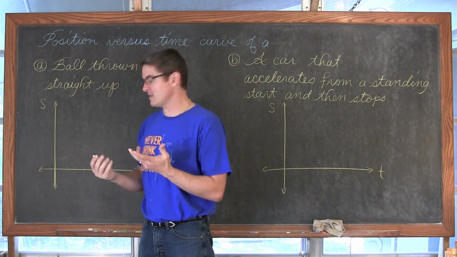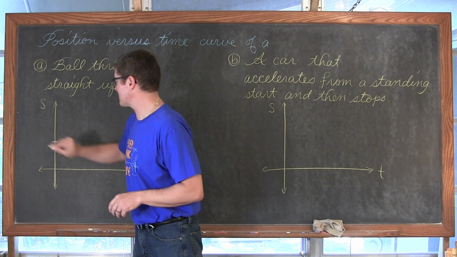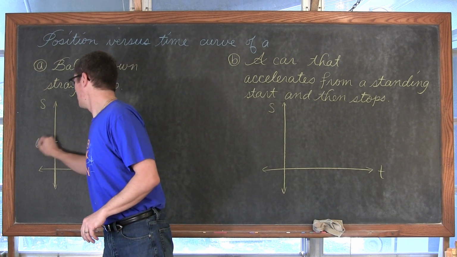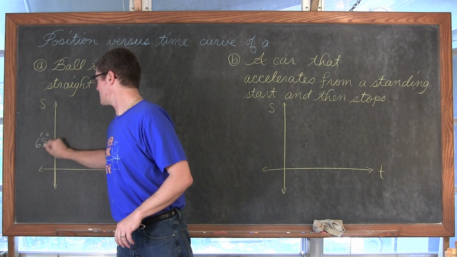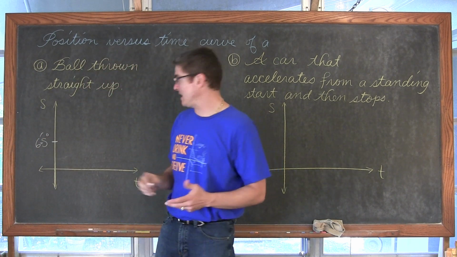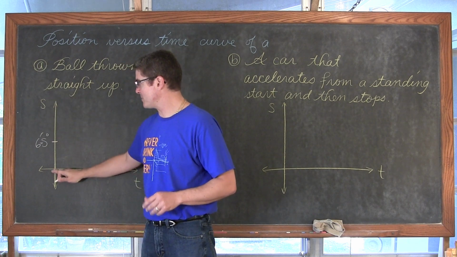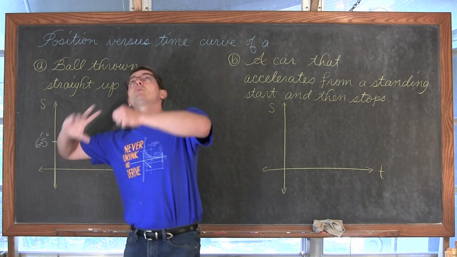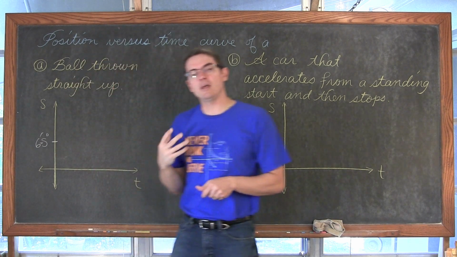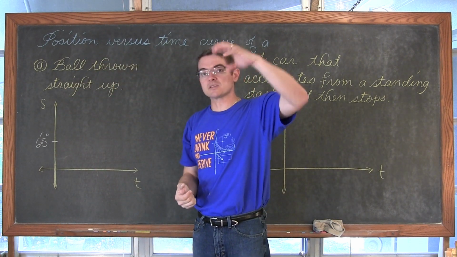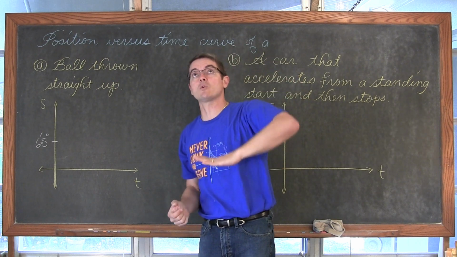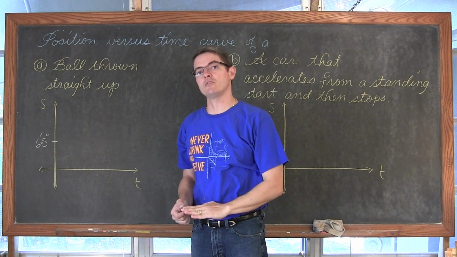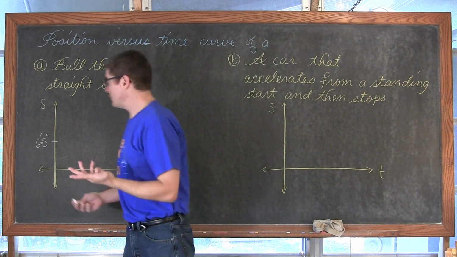So let's say that we put a mark on this y-axis, the position function, and I'm about 6 feet tall, so let's say that s sub 0 is equal to 6 feet. The object's not going to start at position 0 on the ground. It's going to have some initial height. If I throw it up, it's going to have a positive velocity, but acceleration, which is gravity, is going to be negative. So I throw it up, and then eventually it's going to sit still for a second and then start to fall back down until it hits the earth.